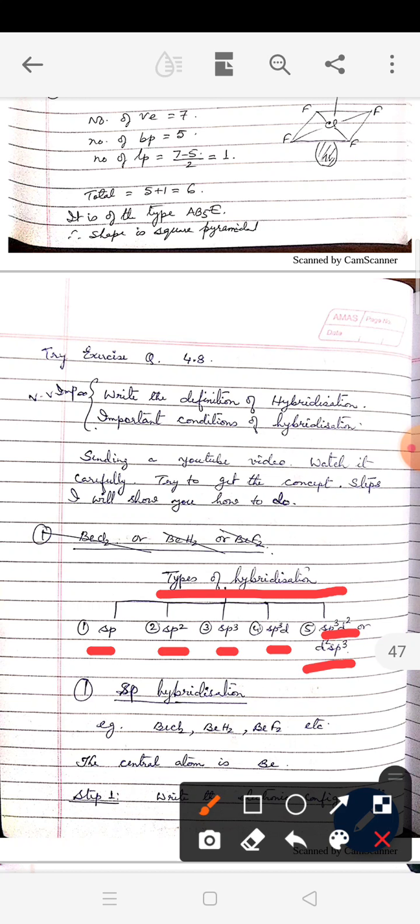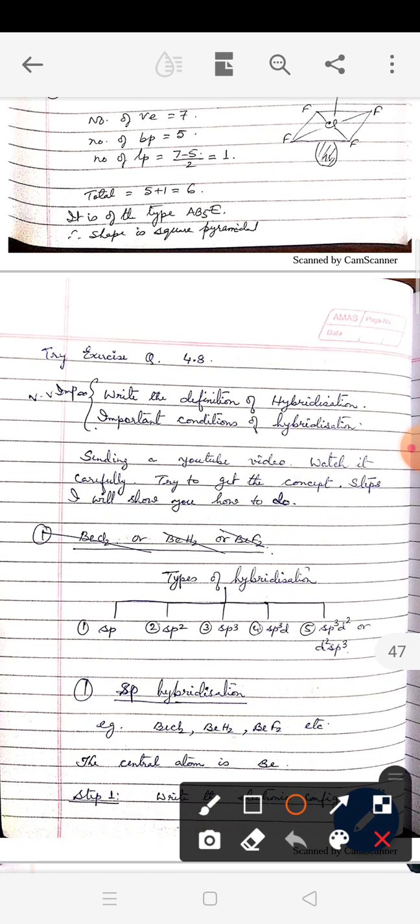Now as you can understand, these hybrid orbitals orient themselves in such a way that they suffer minimum repulsion. So we have mixed s and p. When we have mixed s and p, how many orbitals have we mixed? We have mixed only 2. So how many orbitals should form? Only 2 orbitals should form. Now what is the possible arrangement of 2 orbitals in 2 dimensions? If you have 2 pencils, how can you arrange them so that they are at maximum distance from each other? They can be placed opposite to each other and we call the shape linear.